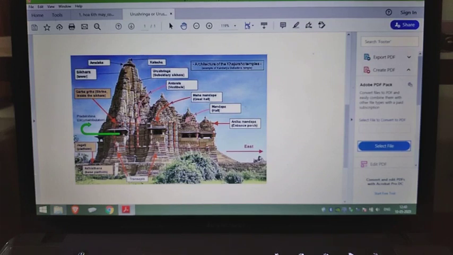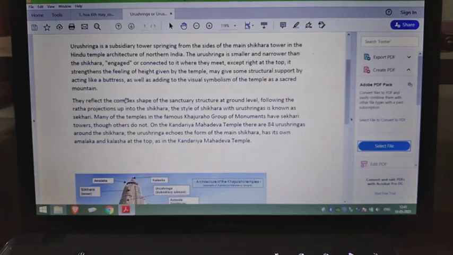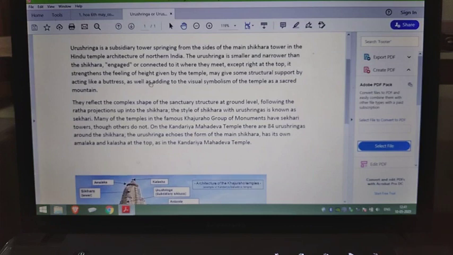But again, it is a miniature copy of the main Shikhar. So the Shikhar has the Amlak and the Kalash, and the Uru Shringa will also be comprised of a mini Shikhar, and it will have its own Amlak and Kalash, and it is repeated in all directions, on all parts of the Shikhar. That is all you need to know as far as Uru Shringa goes. अब इसके जो बेसिक टेक्निकलिटीज़ हैं, just go through this one, you will be able to understand. कुछ इतना मुश्किल नहीं है.